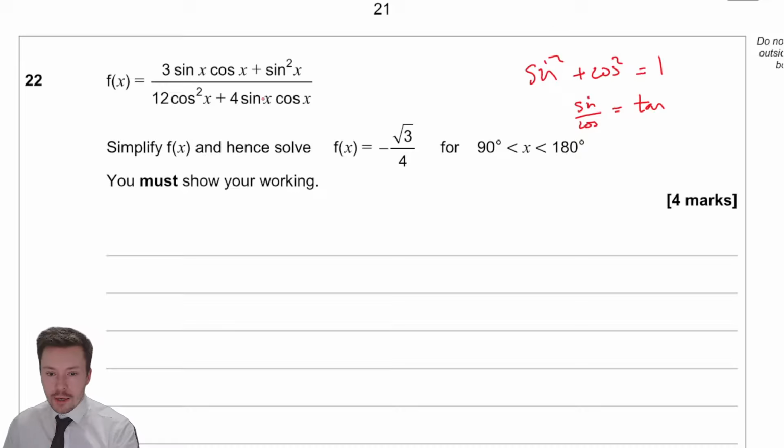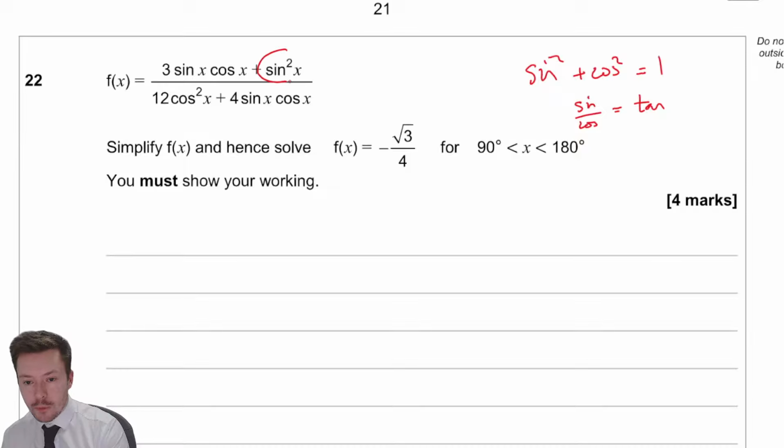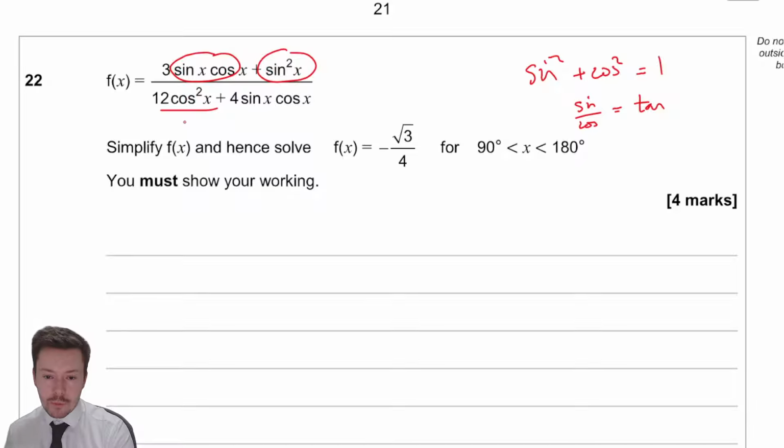But one thing we can do is factorise the top and the bottom. One thing that works for me was, well, I can divide this by cos squared. If I divide this by cos squared here, I'm going to get sine over cos, which is tan. This would be tan squared. This divided by cos squared would be 1, it would cancel. This divided by cos squared would be sine over cos, which is tan. So if I divide everything here by cos